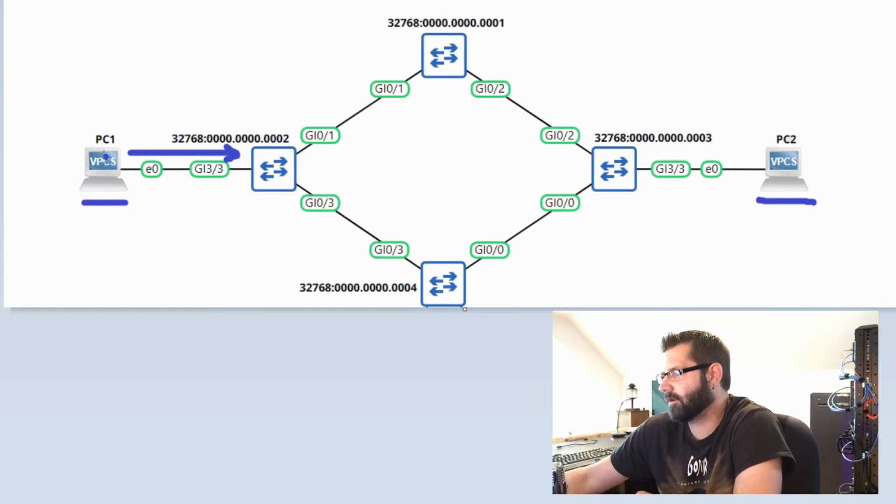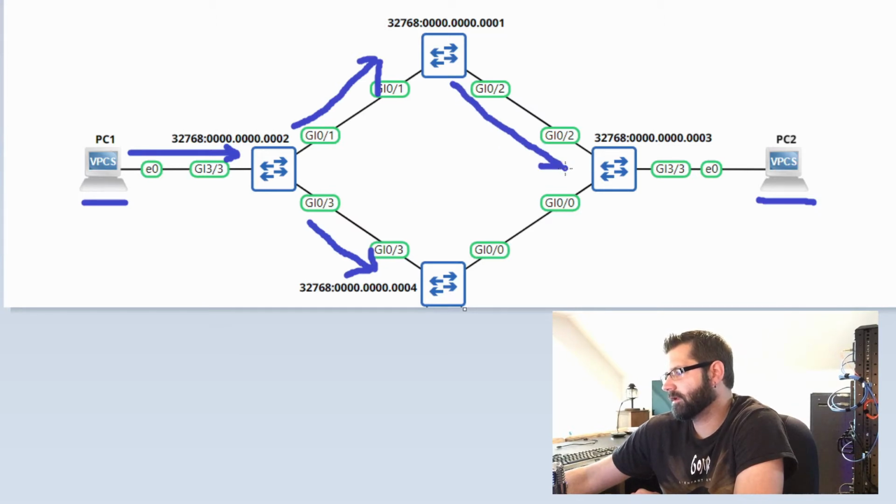But anyways, so PC1 already has the MAC address of PC2. None of the switches remember the MAC address. They don't have it in their MAC address table. So what's going to happen is if there's unknown unicast traffic that reaches a switch and the switch doesn't know the destination, it floods it out of every single port. If you want to get technical, it floods it out of every port except the one that it was received on. So it would flood that frame out of this port, in this port,